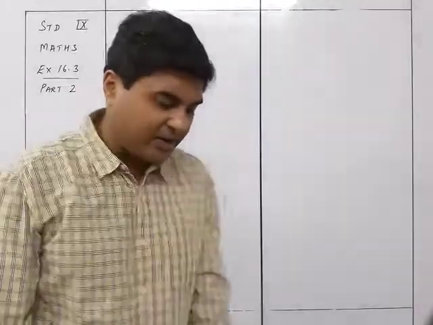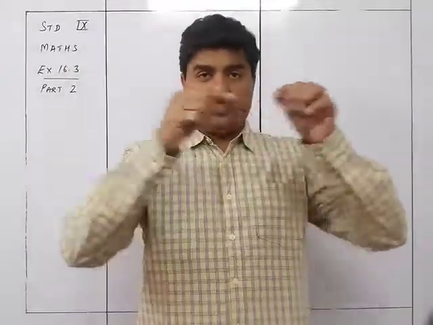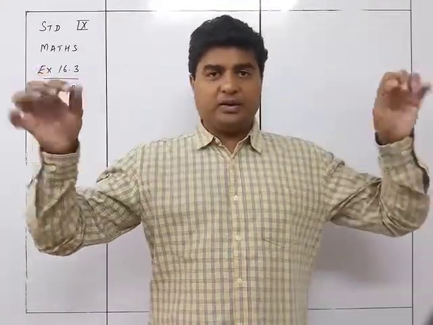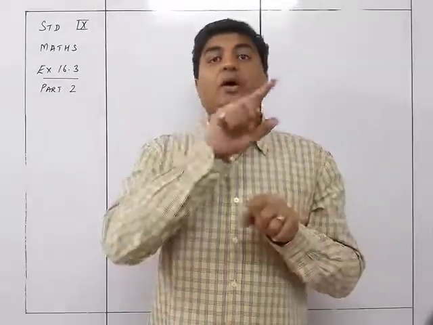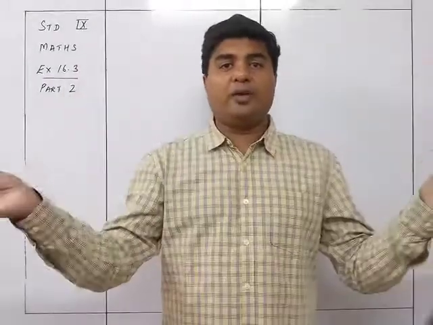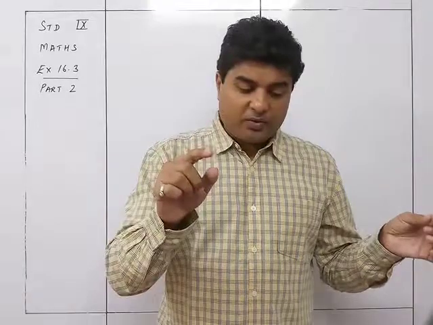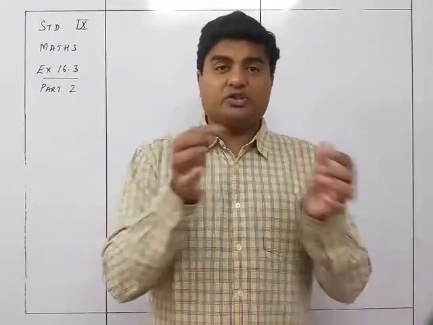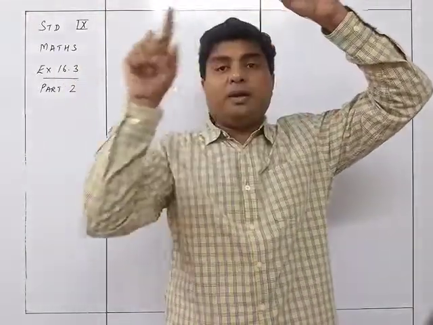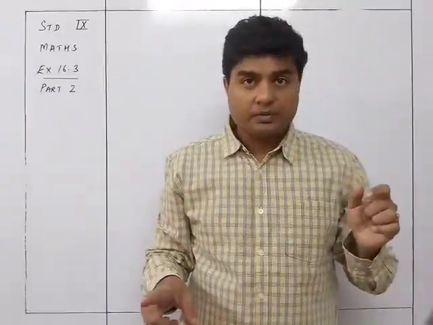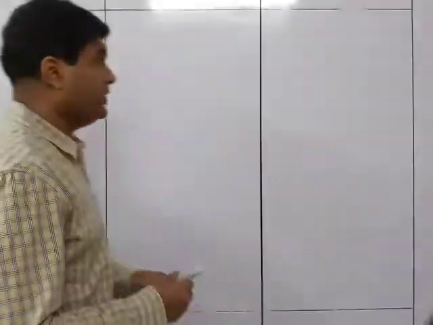So what they say is that a copper wire is bent in the form of a square and it has the area of 121. So a long line of wire is there. We bend it in the form of a square, so you know that the area is 121. So you can know the side. Once you know the side of the square, you know the perimeter of the square. If you know the perimeter of the square, you know the length of the wire. Then what happens? If the same wire is bent in the form of a circle, so you know the length of the wire and you are converting it into a circle, that means you know the perimeter of the circle or the circumference of the circle. Okay? The length of the wire is the circumference of the circle. So that's what we need to have over here.